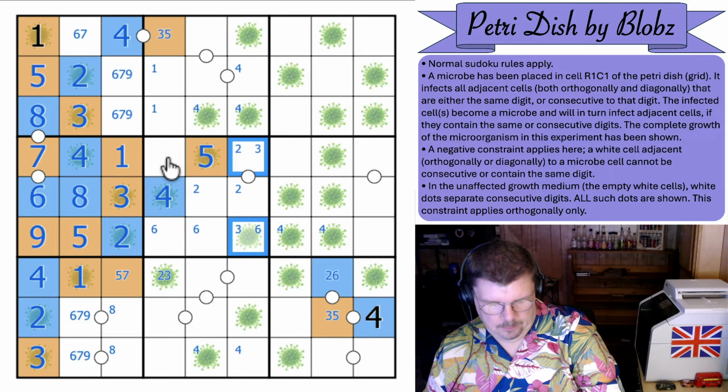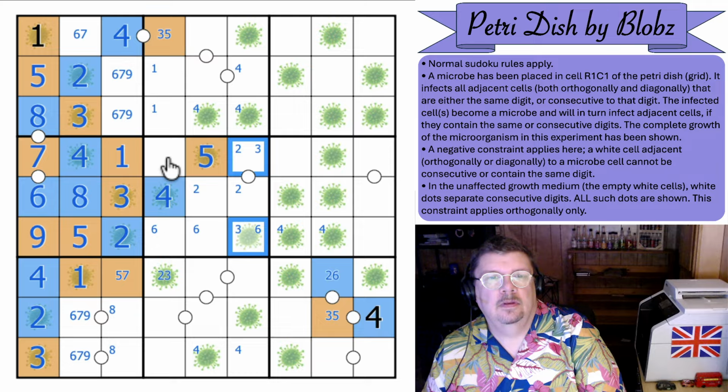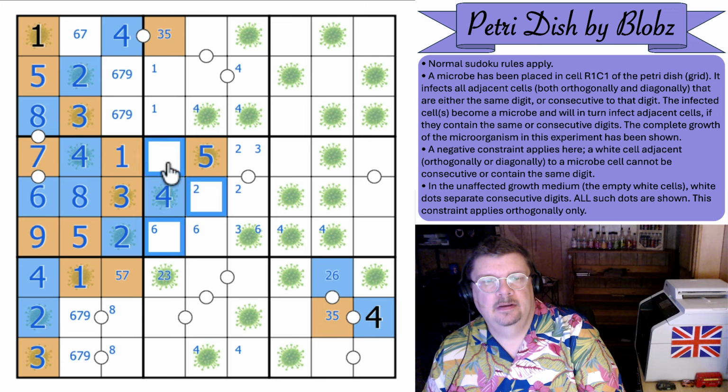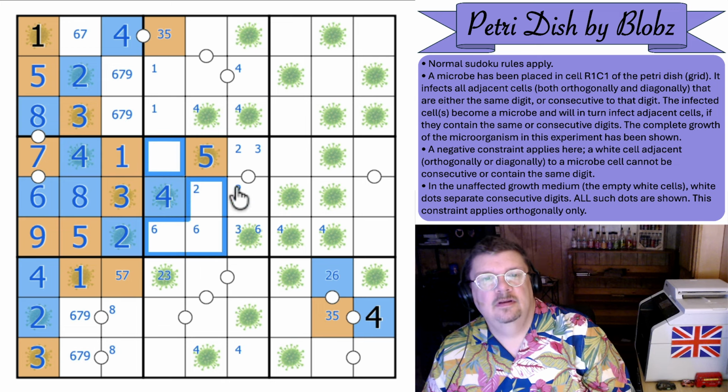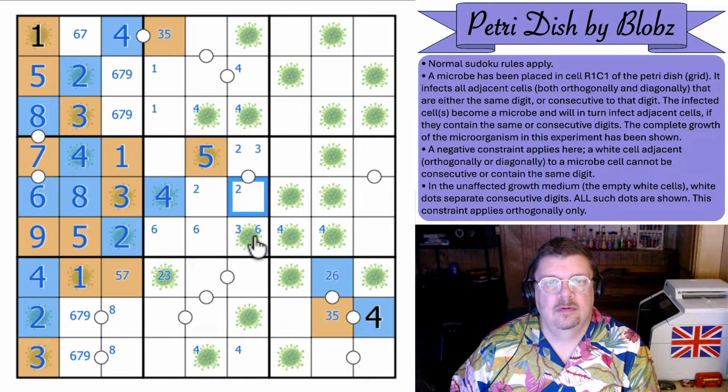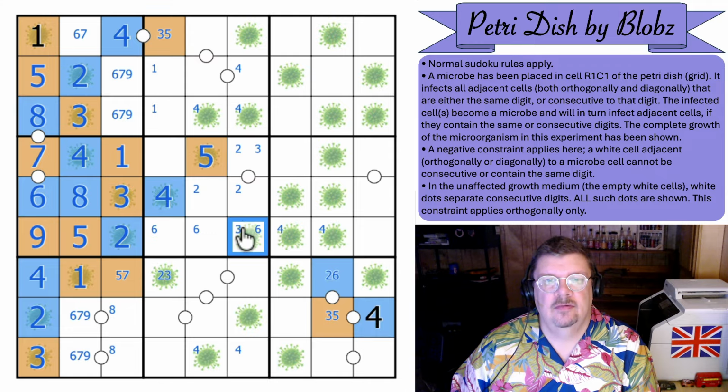Okay. So, yes, none of those can be 3 by infection. That can't be 3 by sudoku. So 3 is in one of those 2. So if that's a 3, that has to be a 2. If that can't be a 3, right, if that's a 3,